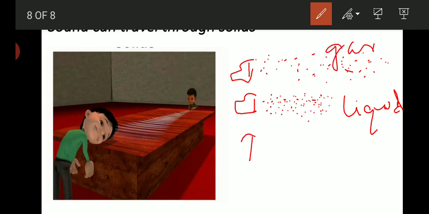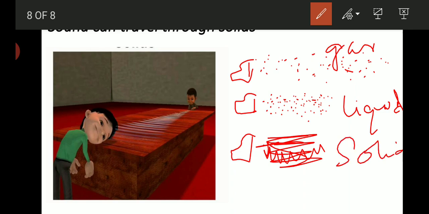And in case of solid, when sound energy propagates, the molecules are very closely packed, as you know very well. So when sound energy passes through a solid medium, as the particles are very close to each other, the vibrating energy proceeds very fast from one particle to another than in liquid and gas. So in solid, sound propagates faster than in liquid and gas. So dear students,